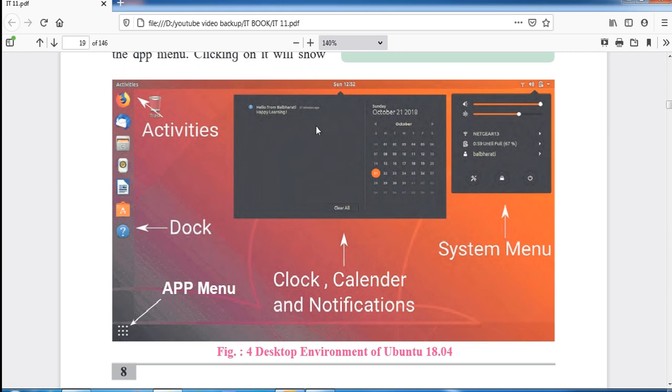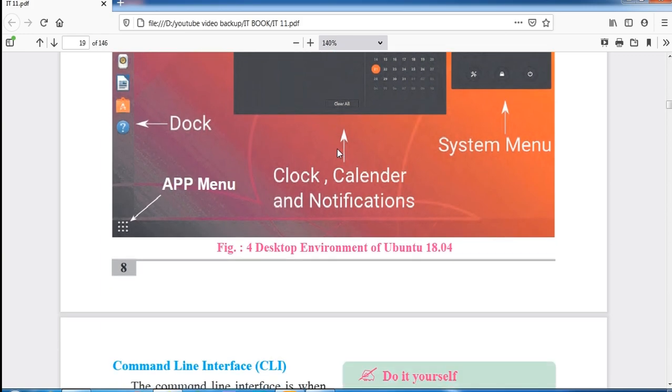That's why it is called graphical user interface, and it is more user friendly for the user to interact with the operating system by graphics. That's why it is important to have a more attractive graphical user interface. The better the graphical user interface is, the more popular your operating system becomes, you may say.